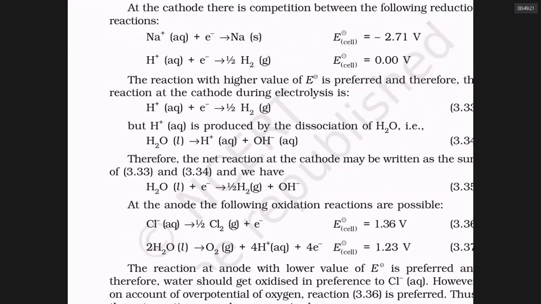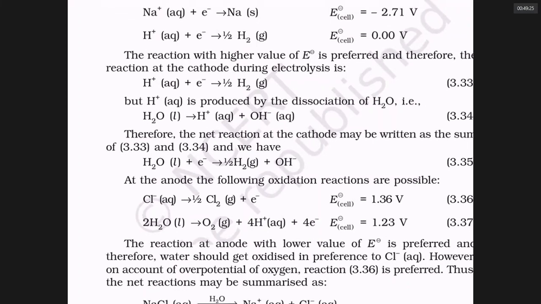Can you work this out, sir? At the anode, what reactions are happening? At the anode, Cl- wants to lose electrons, and water also wants to lose electrons. In this competition, the oxidation potential for chloride ion is more, so we think that chloride ion should lose electrons first. But unfortunately,